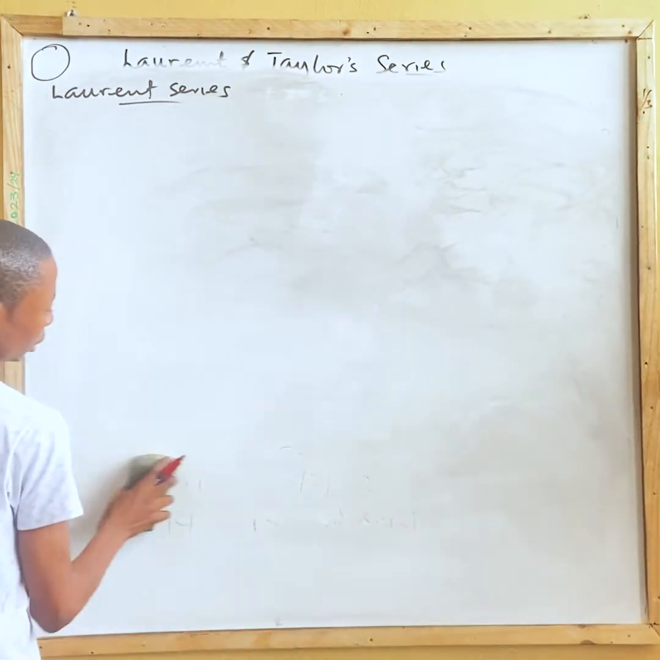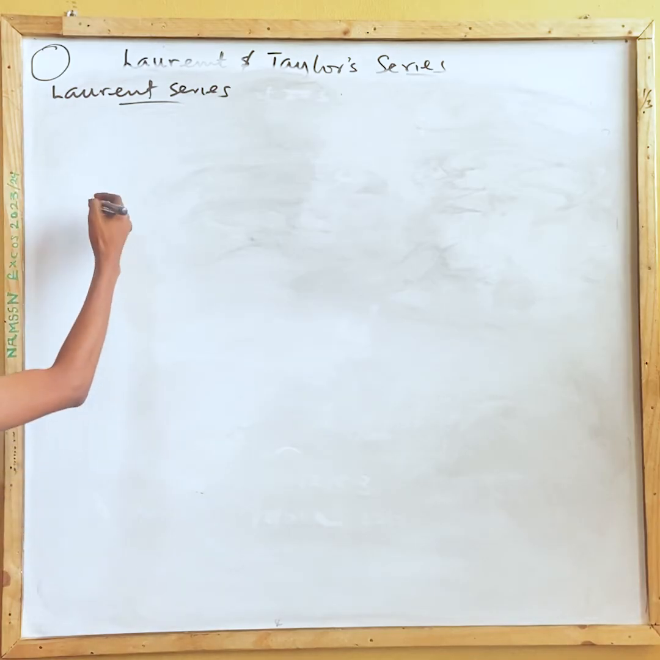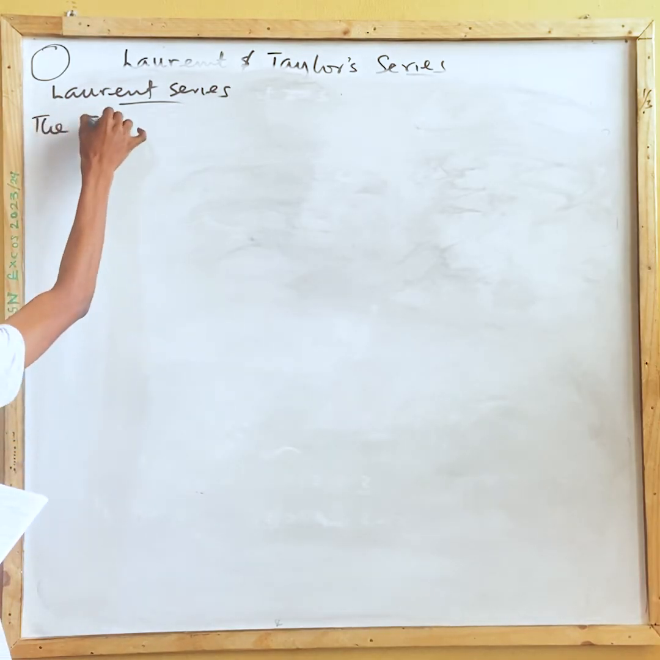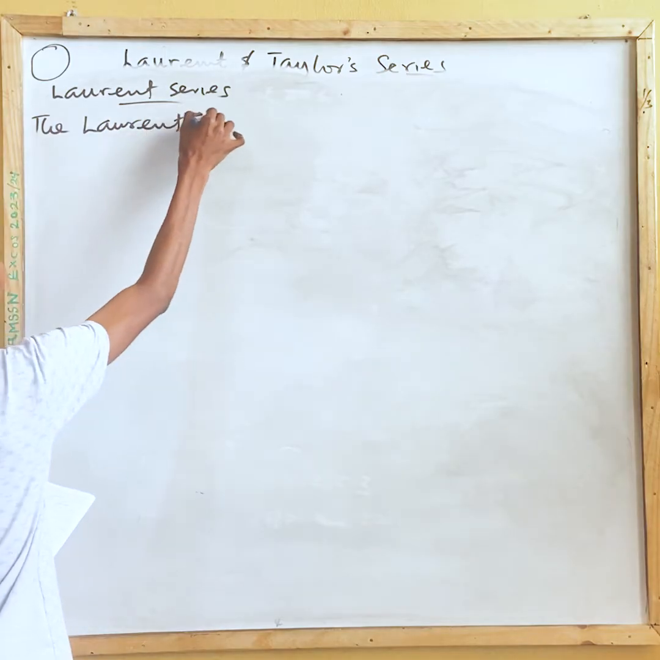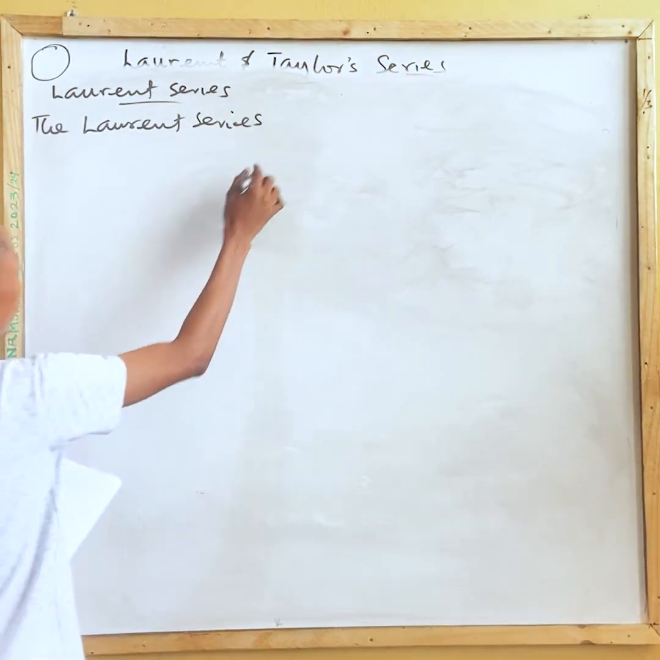Okay, and from the beginning of the video, we've highlighted some useful series. First, 1 over 1 minus z. The second is 1 over 1 plus z, and on like that. Now, the Laurent series consists of